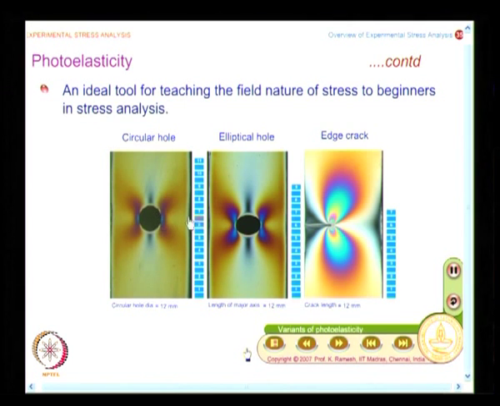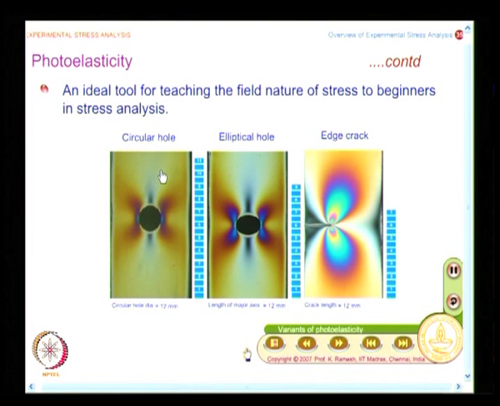and you may wonder, all these cases are finite geometry, I have a finite width and a circular hole. Analytically what I could do is take an infinite plate with a very small circular hole, and here I will use polar coordinates to specify the boundary condition on the inner surface. When I go to an elliptical hole, you have elliptic coordinates to specify the boundary condition on the inner surface. At infinity, you could consider it as a large ellipse or a large circle; that is the way you can approach the solution.